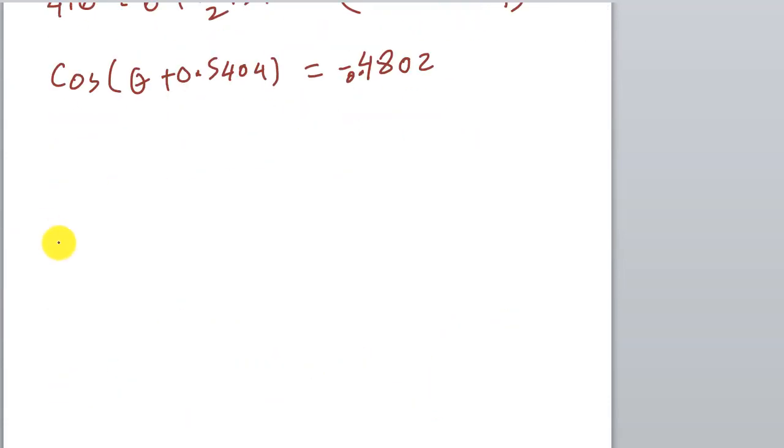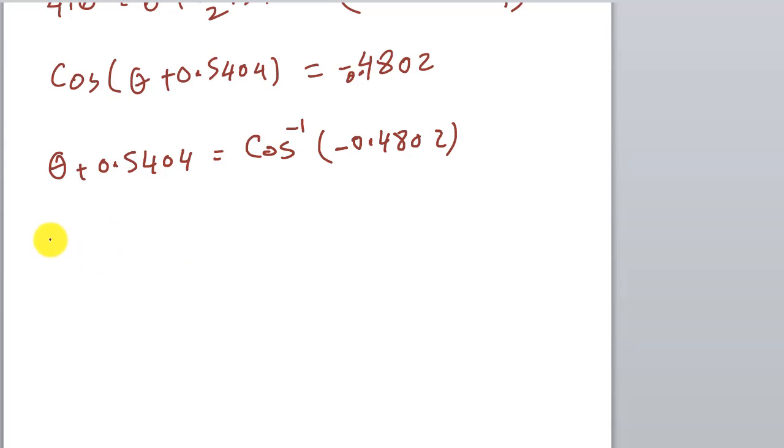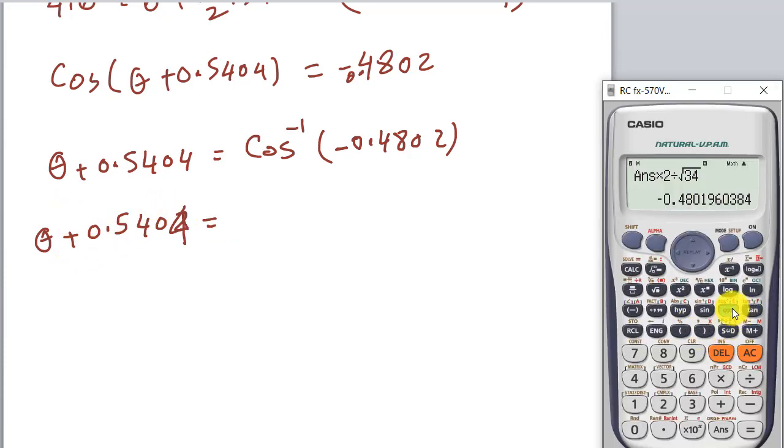So now we can say that theta plus 0.5404 equal to cosine inverse of minus 0.4802. So theta plus 0.5404 equal to